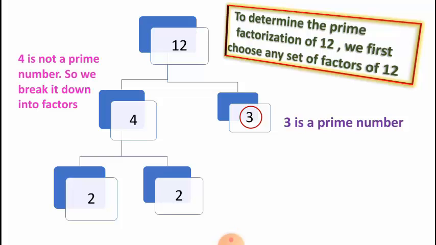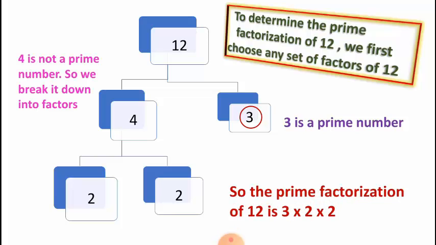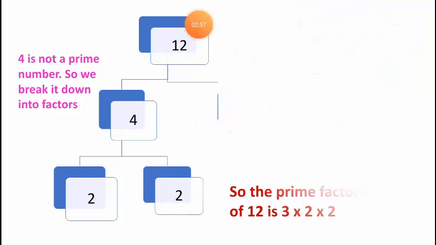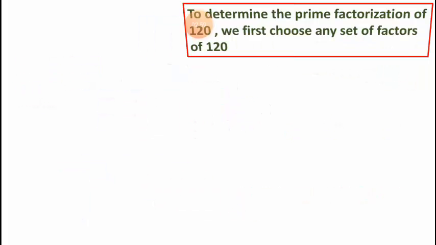So to list down the prime factorization for the number 12, we will include all the prime numbers that are present in the prime factorization process. You can see here the prime factorization for 12 we can express by writing 2 multiplied with 2, multiplied with 3. Is it clear?